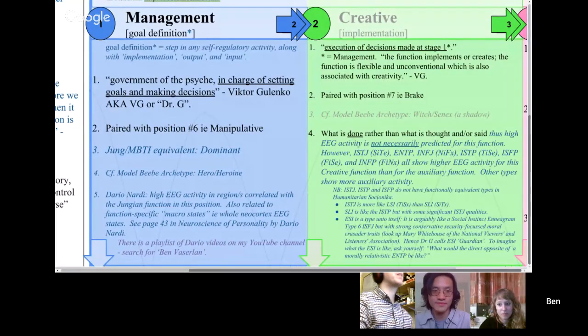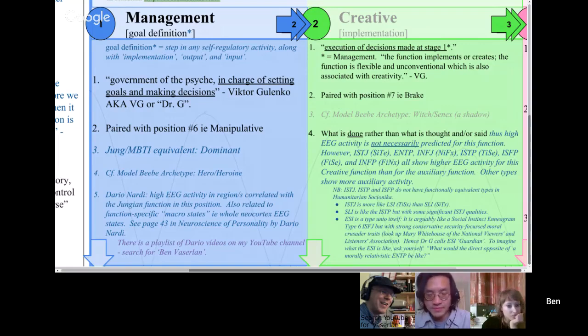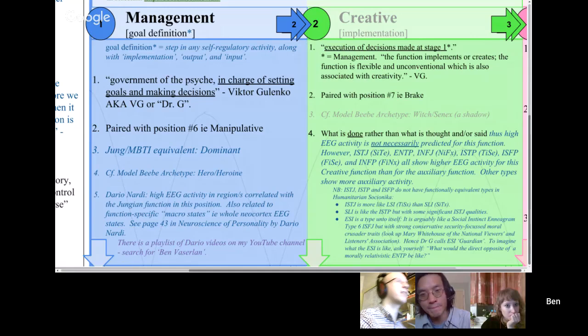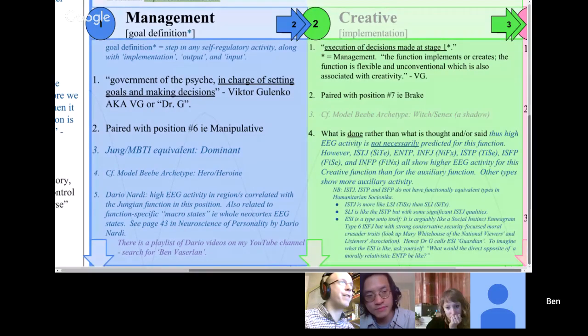And then something here that Dario's written. When I looked at his research, there's a lot of activity in the areas of the brain that he would say aid a particular cognitive faculty that we associate with a particular function. For instance, in INTP, the areas of the brain that have to do with categorizing, defining and logic tend to be very active. And interestingly enough, the area of the brain that is associated with deduction is most active in ESTP.